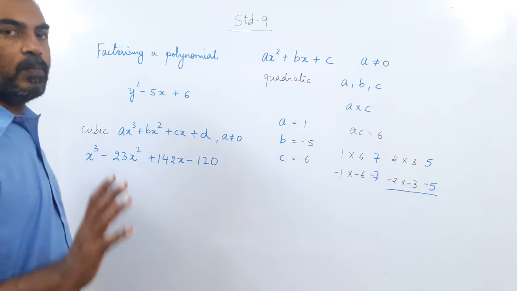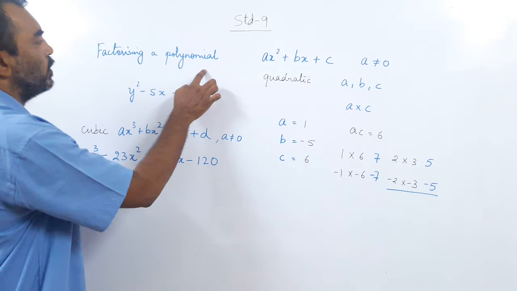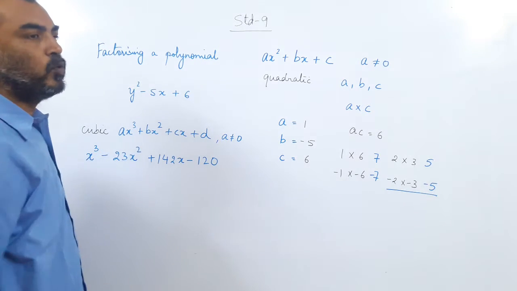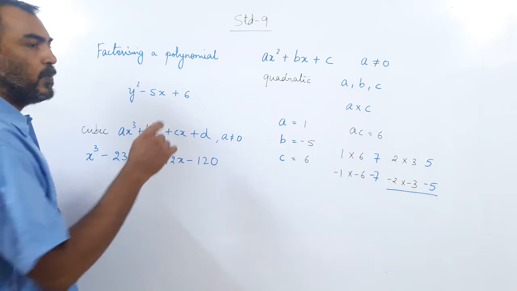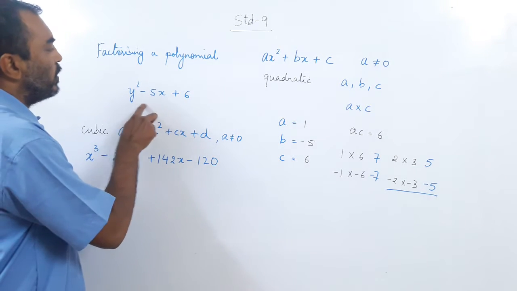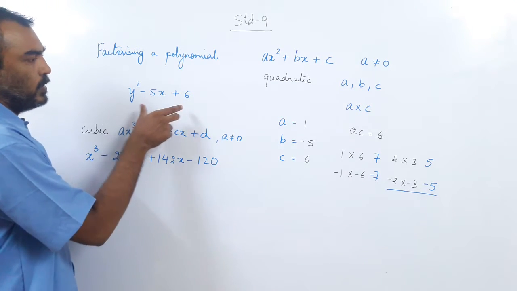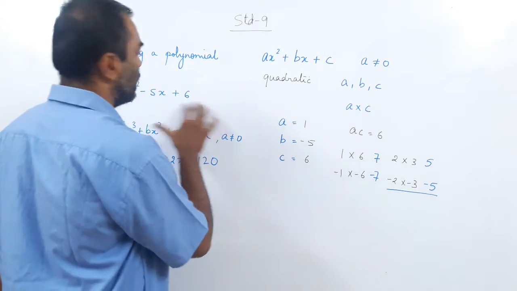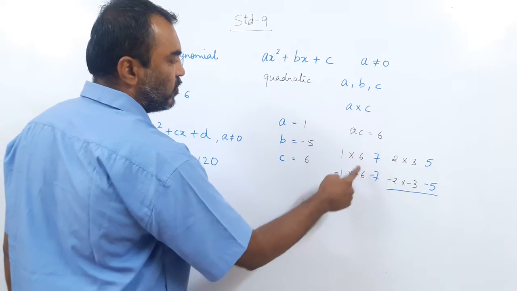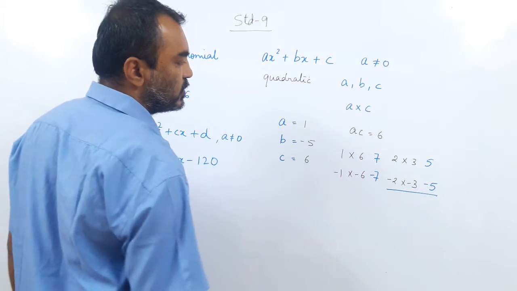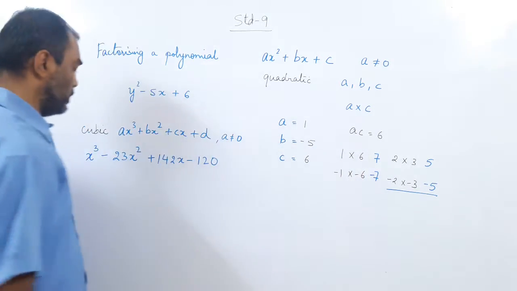If you are following what I am trying to tell you, follow me closely. We are factoring a polynomial. Yesterday I told you the first step is to take anything common. Yes? And linear polynomial we have done. Quadratic polynomial revised yesterday. So a quadratic polynomial is solved by splitting the middle term. This is the method. We take a into c, we get 6. We find out the factors of 6 in multiplication and then we choose according to the b how to split the middle term.